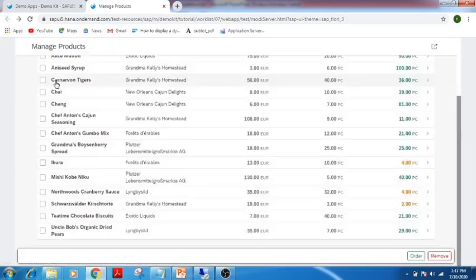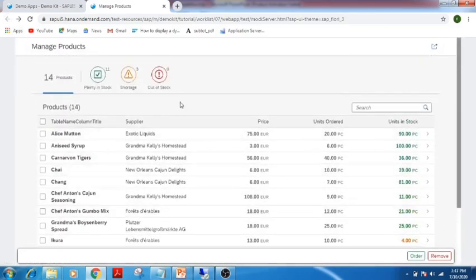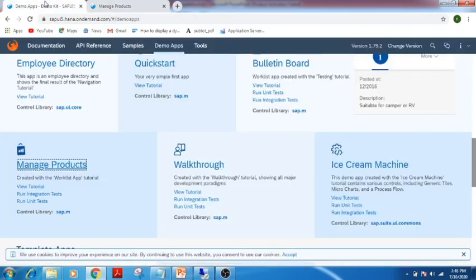Within this framework, whatever you see here is feasible via OData development. Say for example, the total products are 14, but depending upon the status of the products, they have been differentiated into 3 different tabs. This is exactly how you can get the detailed information about the mockups and everything.